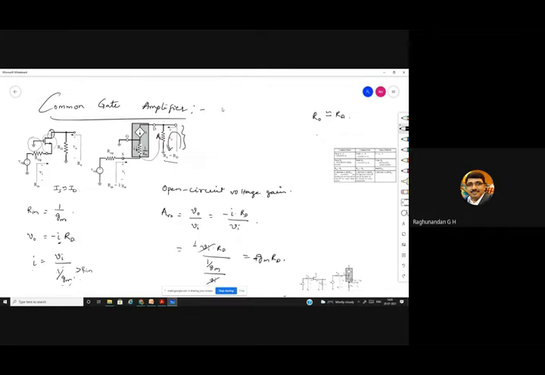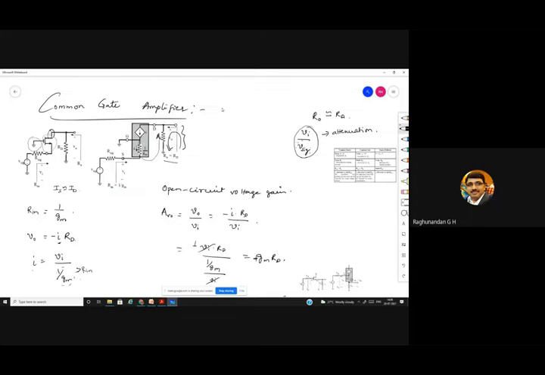After this, if you take Vi by V signal, that is the input voltage which is given by the signal generator, and Vi, the voltage which is given to the source. This is the voltage given by the signal generator. This is the voltage which is actually given to the MOSFET. When you consider these two, this is basically to find out the level of attenuation. Attenuation means the reduction in gain. So to what extent the gain is being reduced.